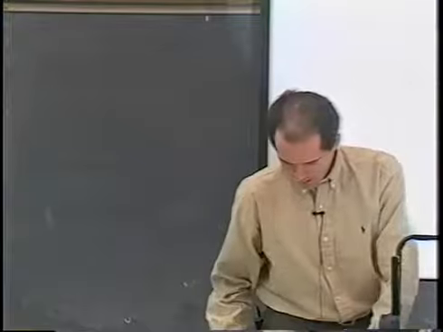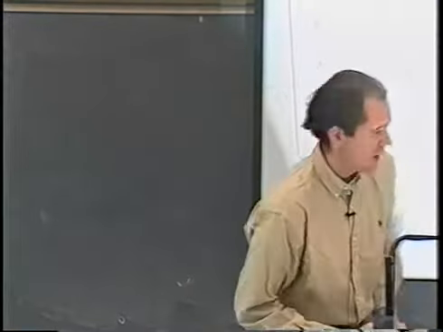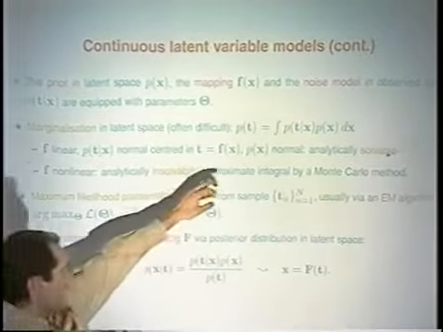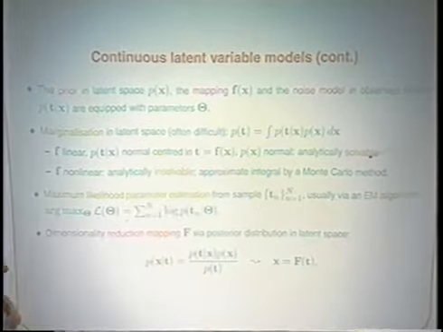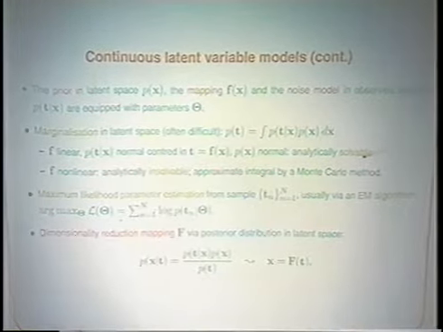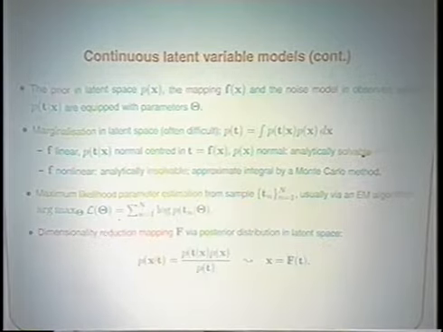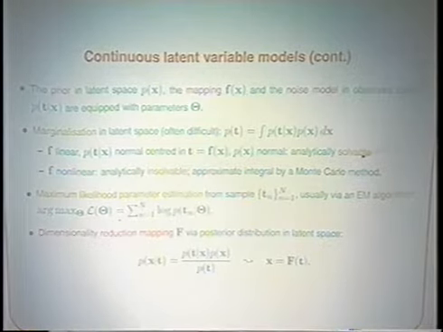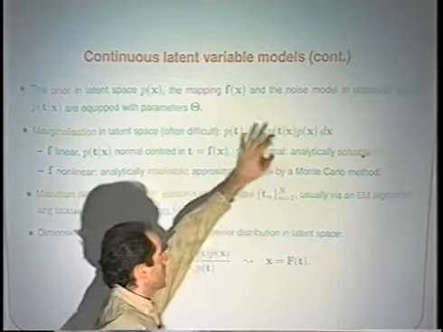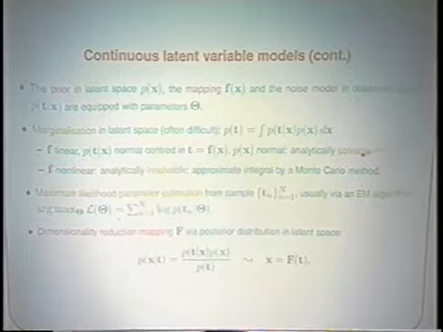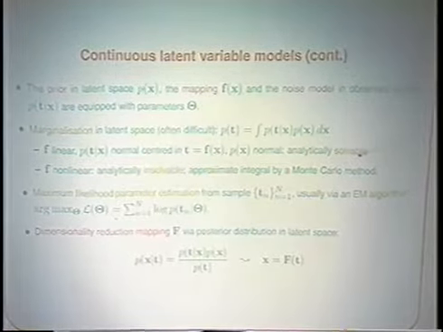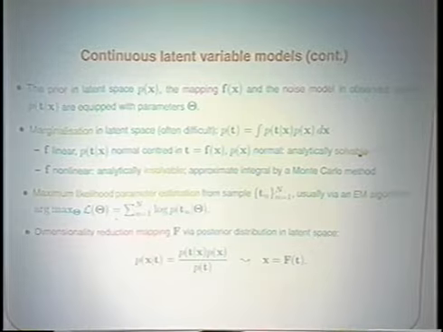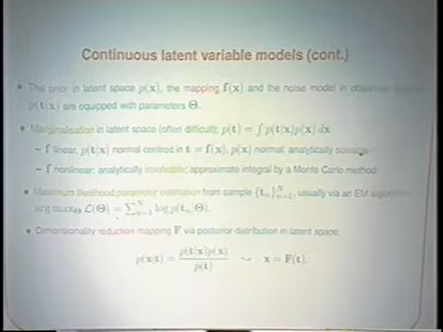Now, how do you operate and estimate with these models? Well, the full representation is P of t, x, which can be put in this form. And then for different functional forms of the prior distribution in latent space, P of x, the mapping f, and the noise model, P of t given x, you will get a different functional form there. And you want that to be as general as possible. Now, you cannot always integrate those things. Then some models are solvable, and those are the ones that we can deal with and estimate, and others we can just imagine. Estimation of these models is done, as usual, with maximum likelihood.